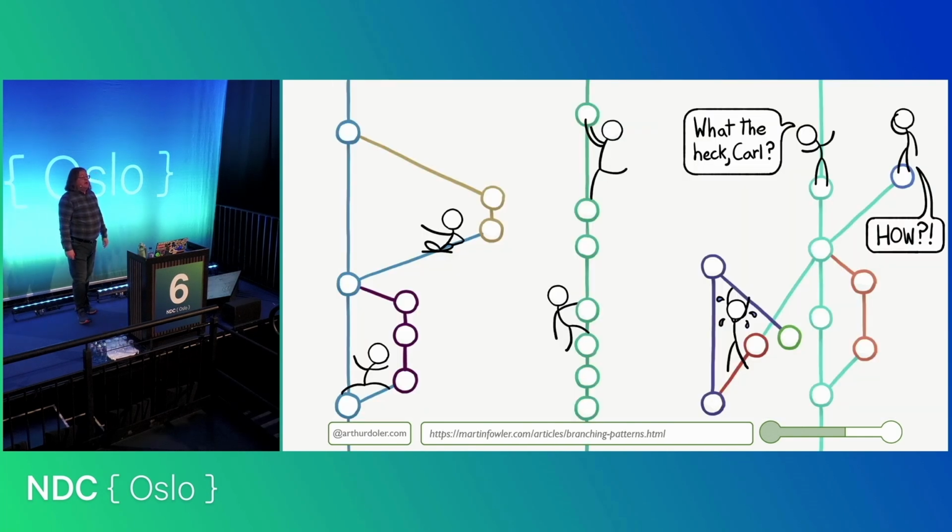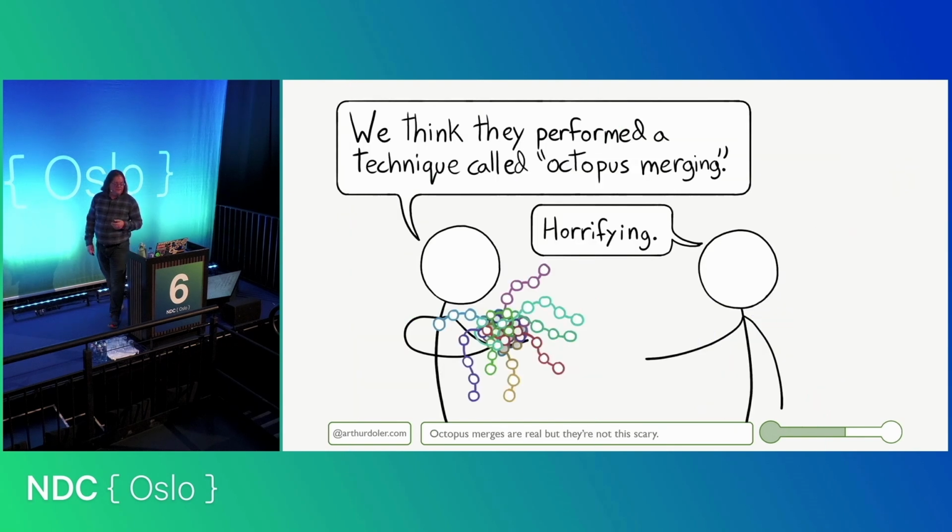Branching patterns can also tell you a lot about how people worked. If you see people making branches, a couple commits, and then making a merge back, they're probably using something like git flow or some other common methodology that involves branching. If you see people making commits only to a trunk branch, but you don't see people interleaving functionality next to each other, then they're probably using something that is branching, but they're squashing it. If you see people interleaving things, they're probably using some kind of trunk-based development. It doesn't matter what they used, it just helps you understand, oh, this is the process that shaped this code.